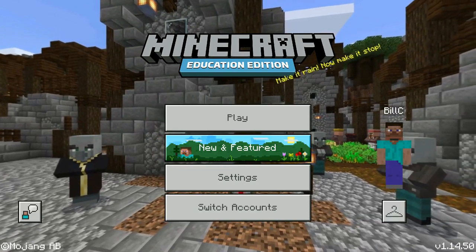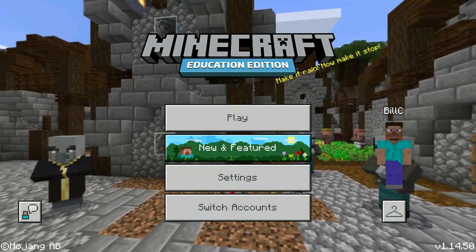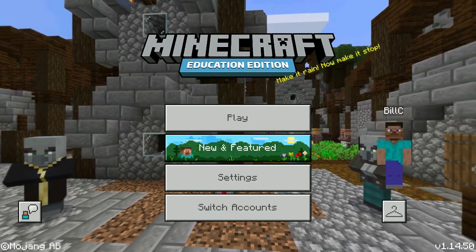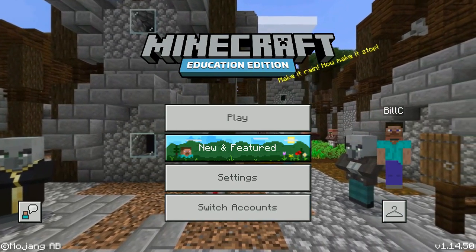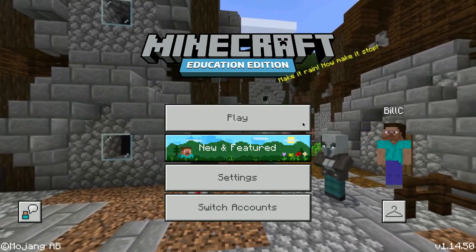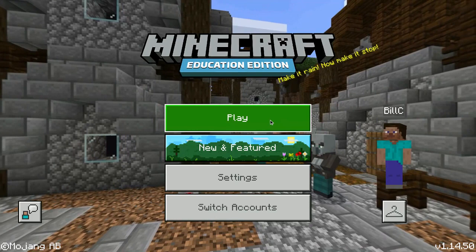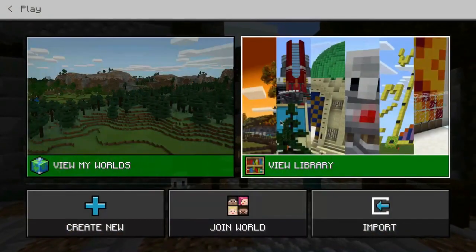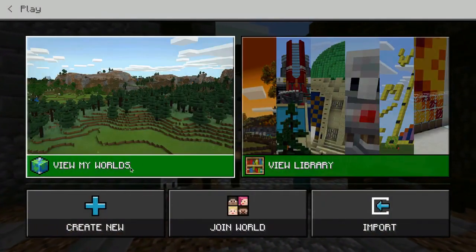Once you log into your Minecraft Education Edition account and you go to create some worlds, there may be some settings in those worlds that will better reflect the goals and use within your classroom. So when I click on play as the educator and I go into view my worlds, I will talk about